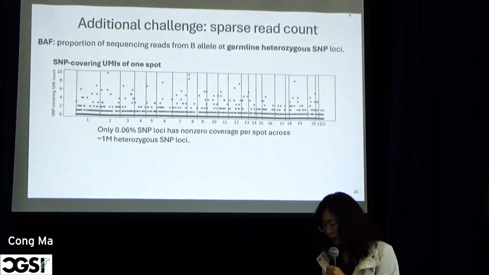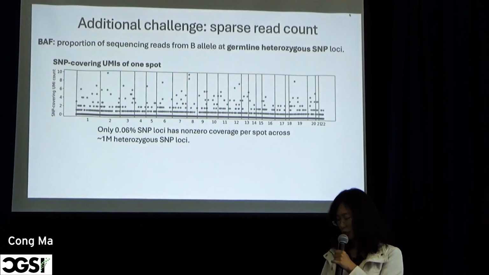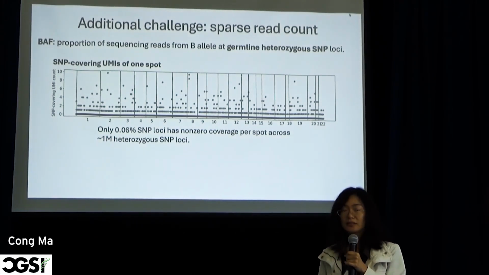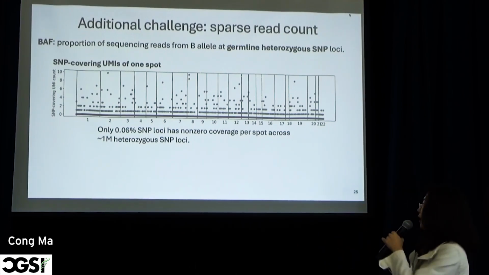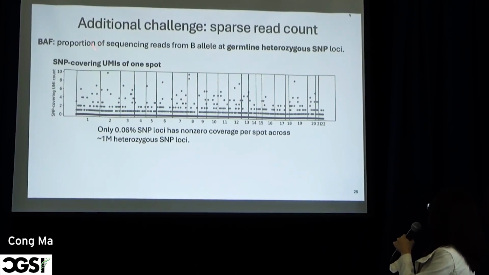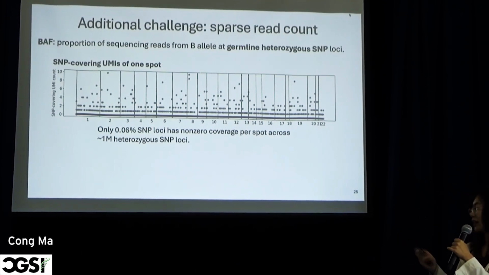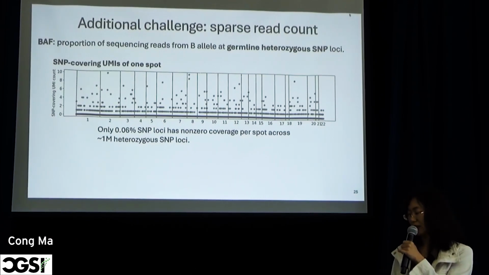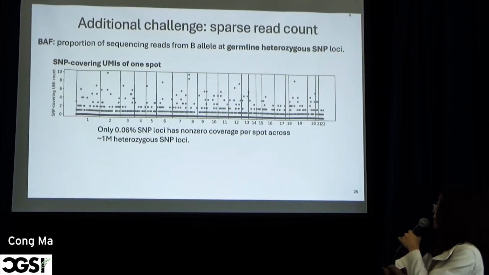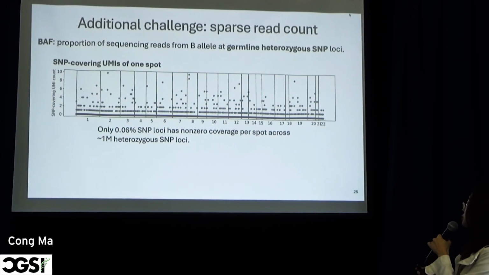But spatial transcriptomics data has a challenge: the read count is really sparse. I said that the B allele frequency is the proportion of reads from the B allele divided by the number of reads at both alleles. But in spatial transcriptomics data, it's extremely sparse, and for each spot, at each genome locus, the